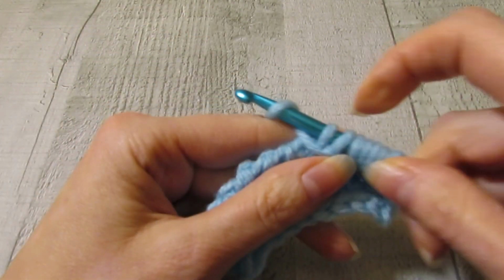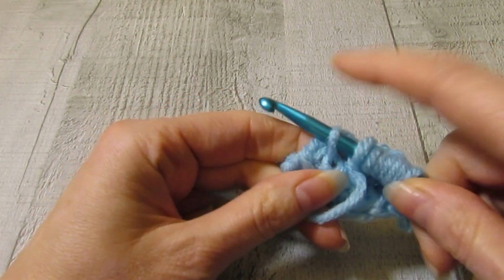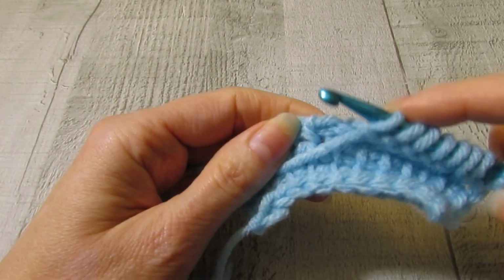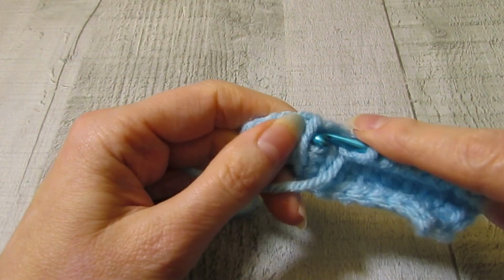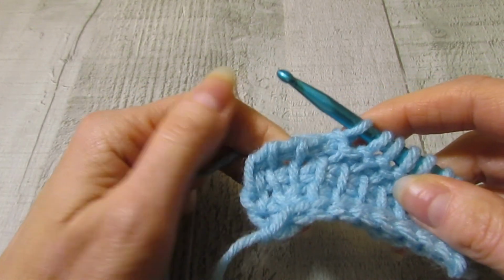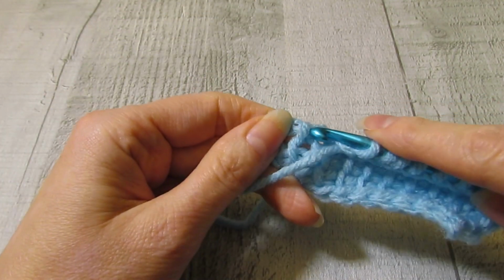And if you're a knitter, this might not seem so foreign to you because when you're knitting, you do have to place your yarn in certain places so that you can create, especially with purling, the purl stitch. But when you're crocheting, you don't usually have the yarn in front like that. Okay, we are going to